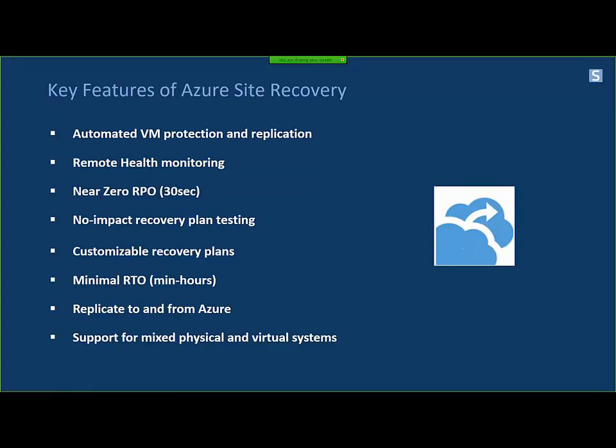So by default, as I will show you in the upcoming demo, when we configure the replication, it will initiate a sync every 15 minutes, which can be lowered to 5 minutes, and since the last update, up to 30 seconds. So every machine state from the on-premises environment gets replicated into Azure Site Recovery every 30 seconds. And then the recovery time objective: because the state of the machines in your on-premises environment is almost identical, fully replicated to the virtual machine state,